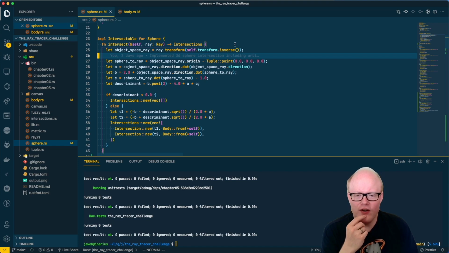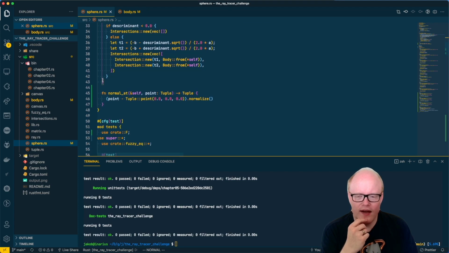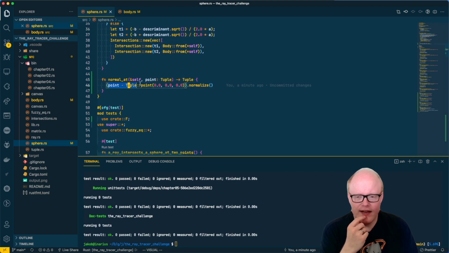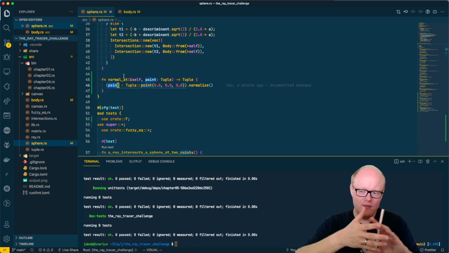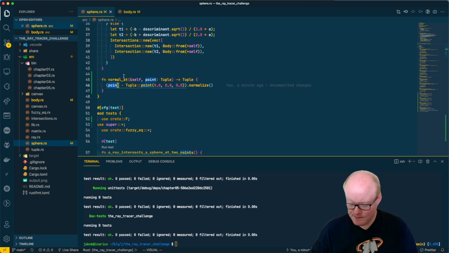And you could think, okay, we might be able to do the same thing with the normal during the calculation. We could just transform this point on the sphere by the reverse of our transform, so we would have the same point. But the problem with this is something like,